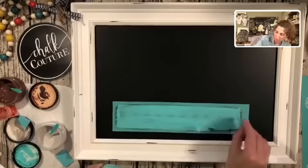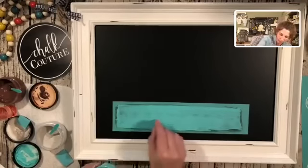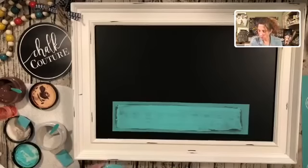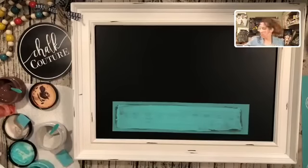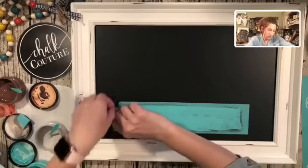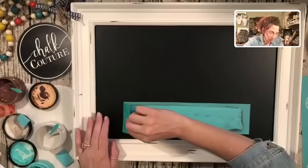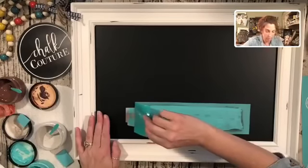And my transfer, by the way, is stained, and there's nothing wrong with it when it gets stained like that. I just used it so much. Okay, fingers crossed this turns out okay. And I probably should have waxed my surface underneath, but